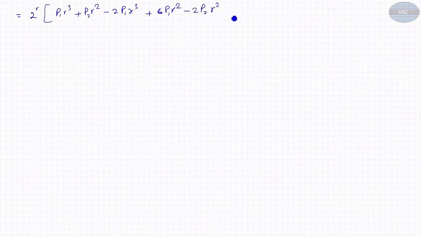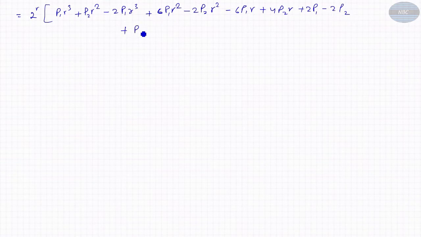Now, take 2 to the power r as common in all the terms, so we'll get p1 r cube plus p2 r square minus 2 p1 r cube plus 6 p1 r square minus 2 p2 r square minus 6 p1 r plus 4 p2 r plus 2 p1 minus 2 p2